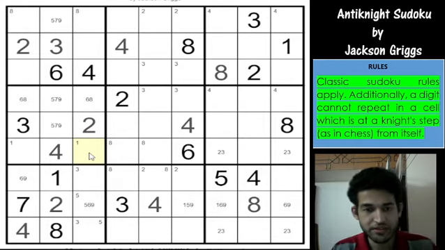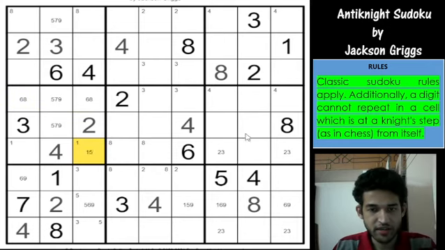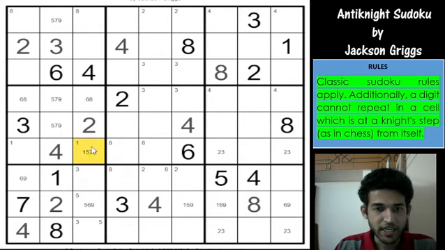Okay, this is nice, but I don't think it's really helping. If you look at this cell, it cannot be, obviously, 2, 3, 4, 6 and 8, so this must be 1, 5, 7 and 9. But you will quickly notice that it cannot be 5 and 9 as well, because if it is 5 or